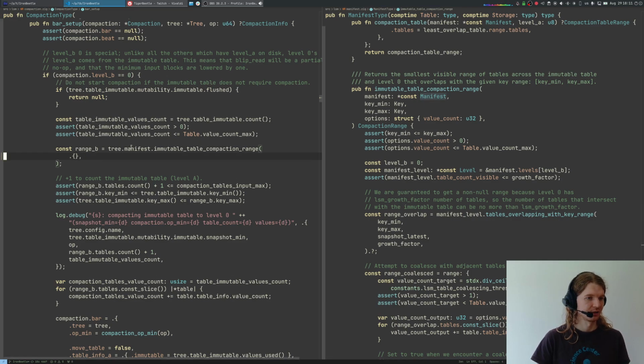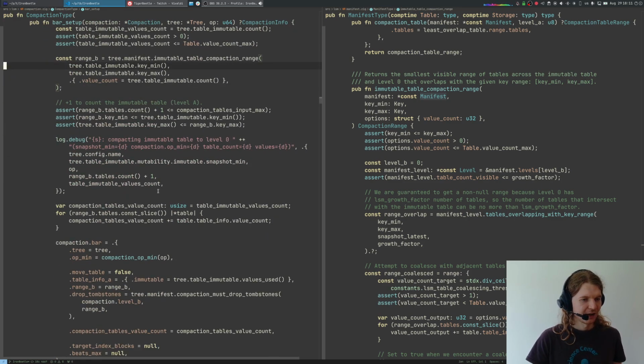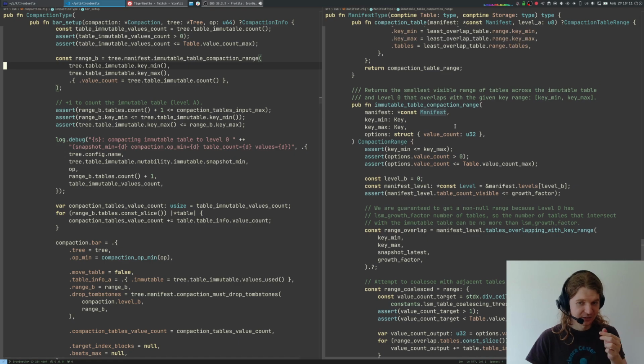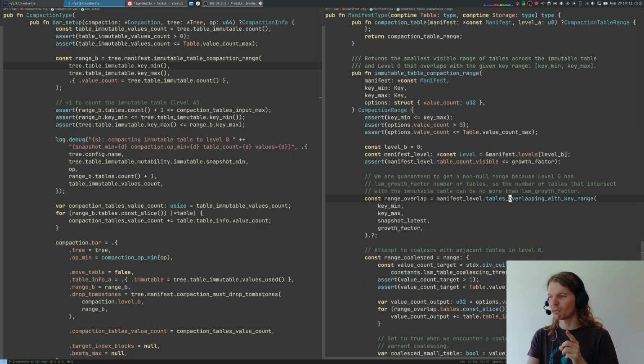Oh, actually, okay. I probably, yeah, using key min and key max from our mutable table. And it's slightly more complicated. We want to move tables from the in-memory table to the first on-disk table. Obviously,